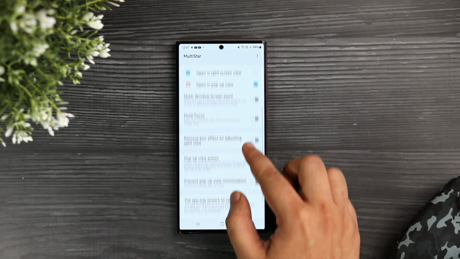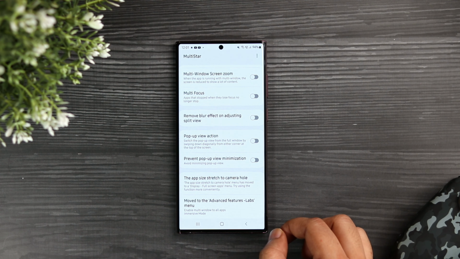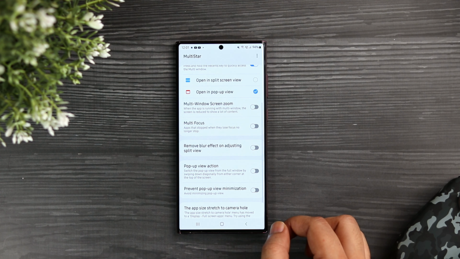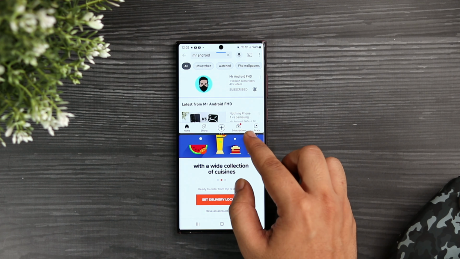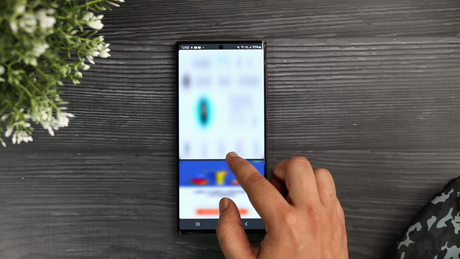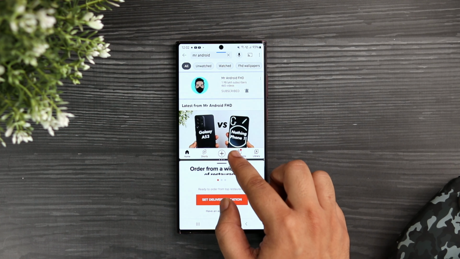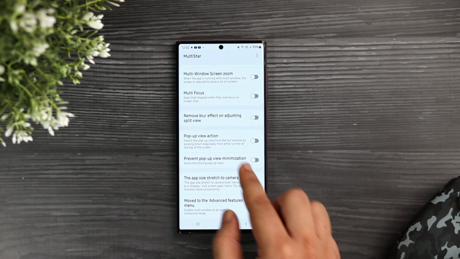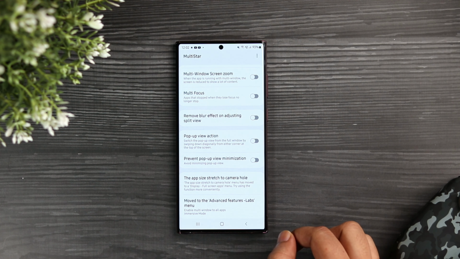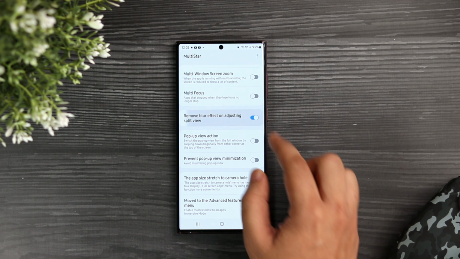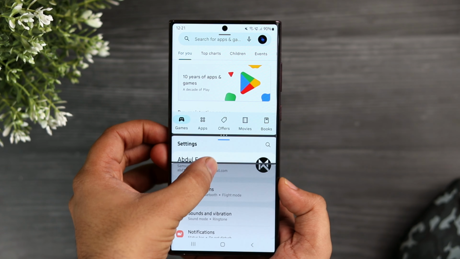Since we are talking about the MultiStar module, there is another useful option which removes the blur effect while adjusting the split screen window. With One UI 4.1, Samsung added this blur effect transition when you adjust the split screen, and if you really want to completely remove this blur transition, you can easily do that by enabling this option in MultiStar. Once done, now whenever you try to adjust the screen, you can see there is no blur effect and